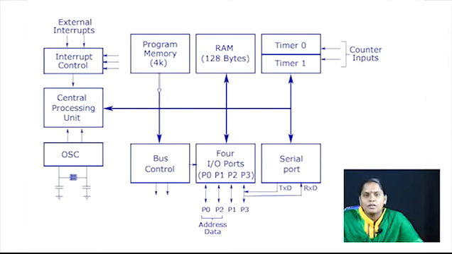The next functional block is memory. Memory of the 8051 microcontroller. The internal memory of the 8051 microcontroller consists of two major types, RAM and ROM. ROM is nothing but read-only memory. It is also called program memory. That is, it is already designed for a specific operation or specific storage of the program. It is not for user purposes. It is for manufacturer purposes. This ROM has a capacity of 4 kilobytes.